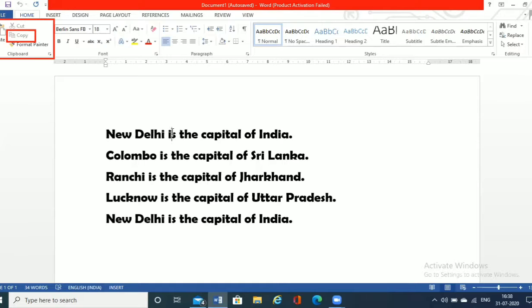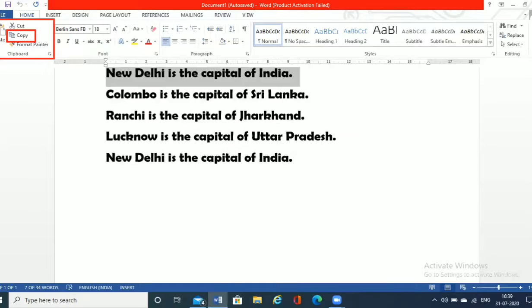What is the selection process? We have to press and hold the control key and click on the sentence. As soon as I click, the sentence gets selected, and the selected portion always comes in gray color. Now it is highlighted in gray. I will click on copy. As soon as I click on copy, the text is copied.